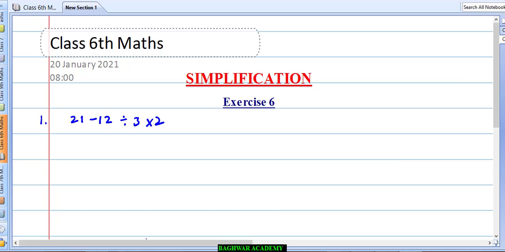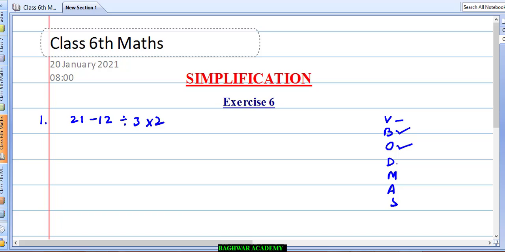If you remember, it was told that first we will solve by the V-Bodmas rule we had seen last day. So first we will start with vinculum. Vinculum means bar. In this question you don't have it. Then we will solve bracket. Again in this question you don't have bracket. Then we have of. Again in this question you don't have of.